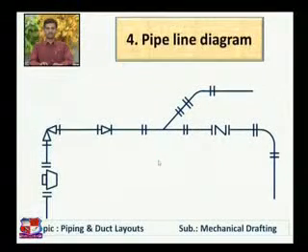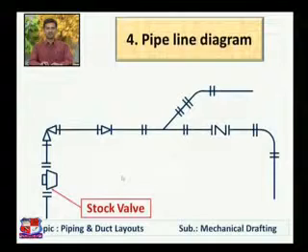Now second case, this is a pipeline diagram which is given to us, and we have to interpret the meaning of this pipeline diagram. In industry, suppose we are given this exercise: interpret the meaning of this pipeline circuit. Let me start with first. This is a stroke valve. As we know, this is the symbol of stroke valve. So right here, use stroke valve.